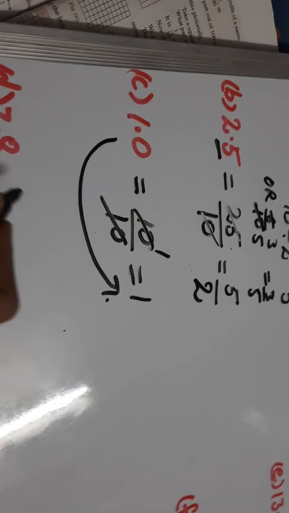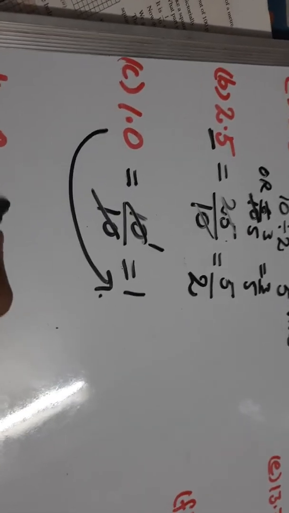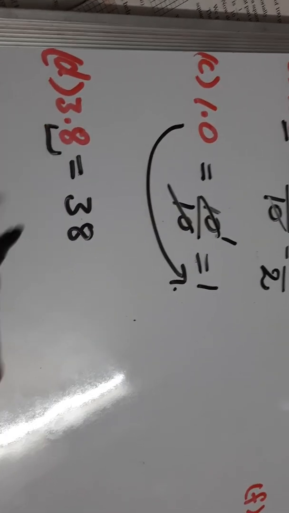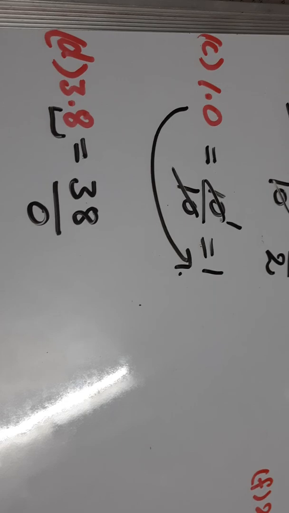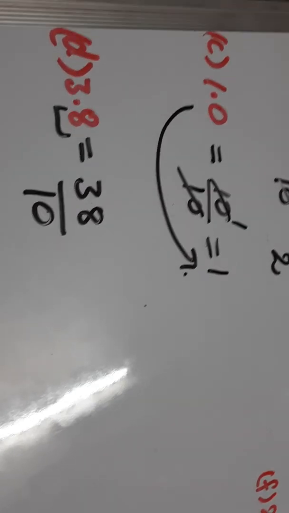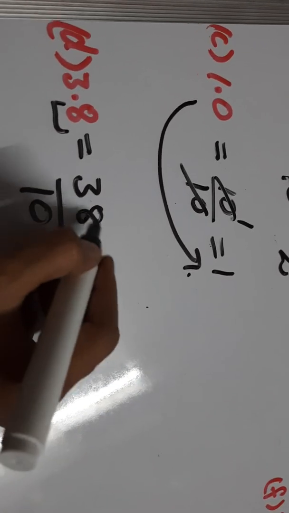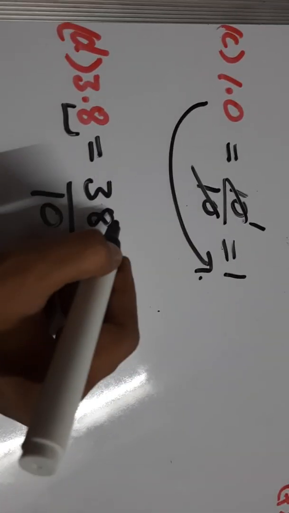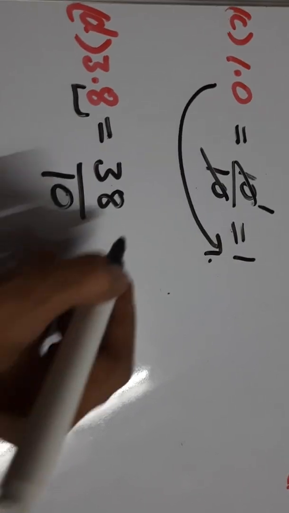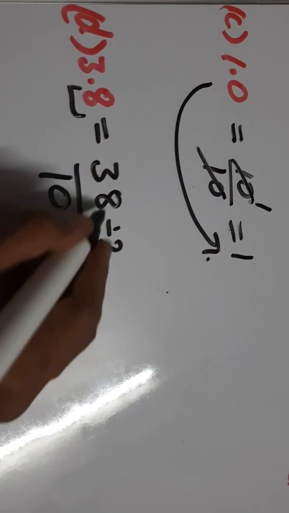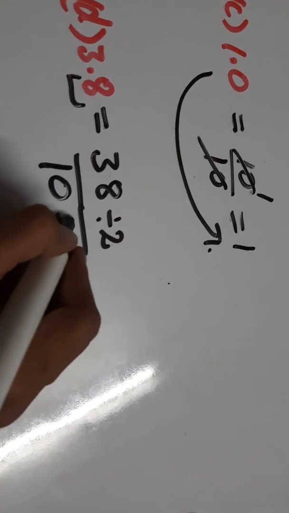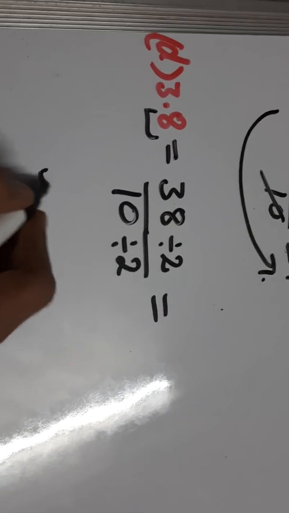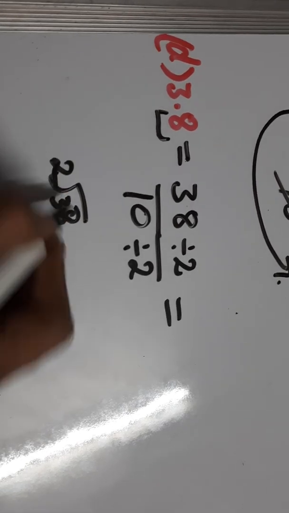Now 3.8, again remove the decimal, the number becomes 38. Now because after the decimal one digit is there, so we'll take 1 0, that is 10. Now 8 ones digit, 0 ones digit, both are even numbers, means both can be divided by 2. 2 से divide कर सकते हैं. So if I am dividing numerator, तो denominator को भी 2 से करेंगे. So you can direct कट करना आता है तो कट करें, अदरवाइज 38 को 2 से डिवाइड करके देख लें.